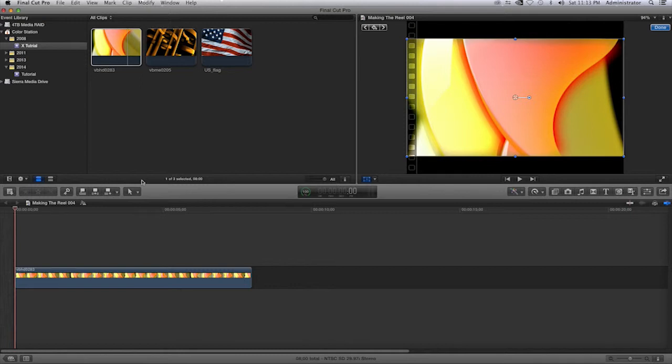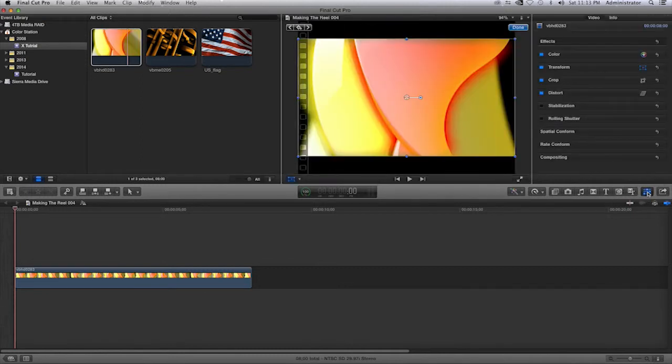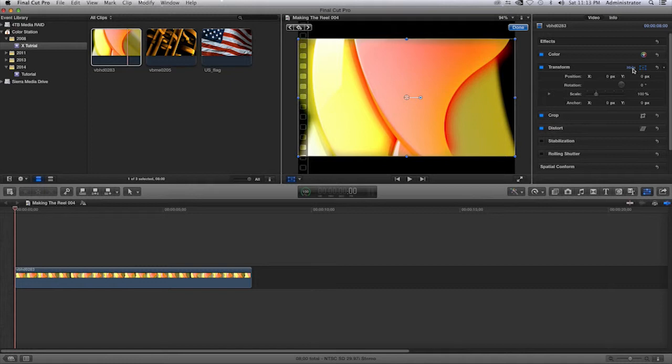I'm going to go ahead and show the inspector for this item. You can do that by selecting the inspector button above the timeline, or press the Command key and the number 4. Once I do that, I will see the parameter of transform, and I'll select here where it says show, and there I see my parameters. Now first I'm going to resize this clip,